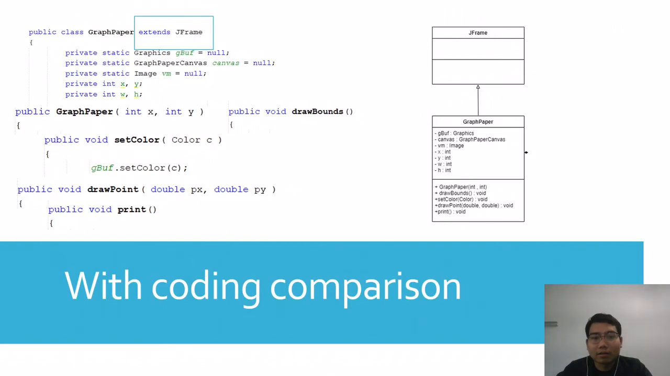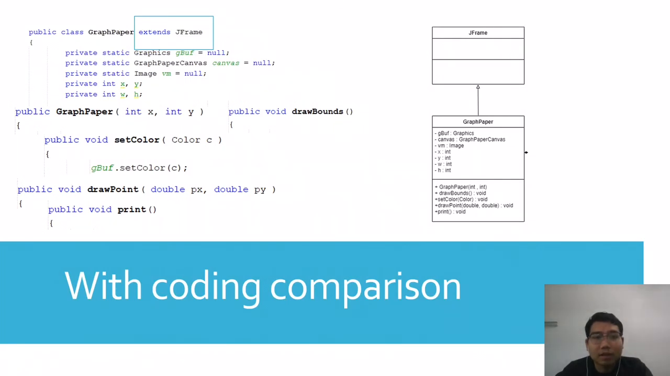we will compare this UML with the coding. So you can see on the left side is the coding that we put in our NetBeans IDE, and the right side is our UML class diagram. So we separate it into 2 parts, which are the left side and the right side. Alright, so as you can see, the left side is our coding. So you can see in this GraphPaper we have